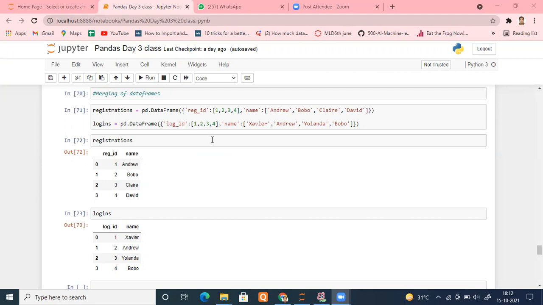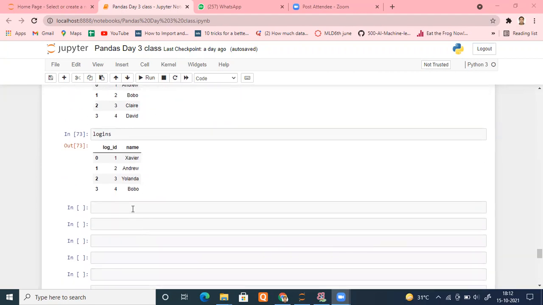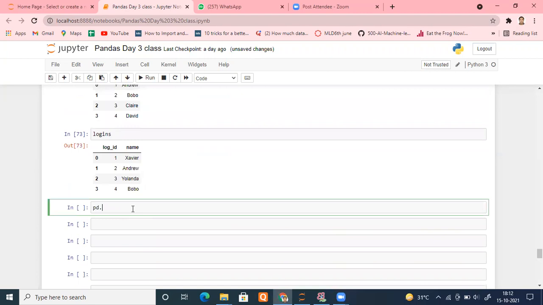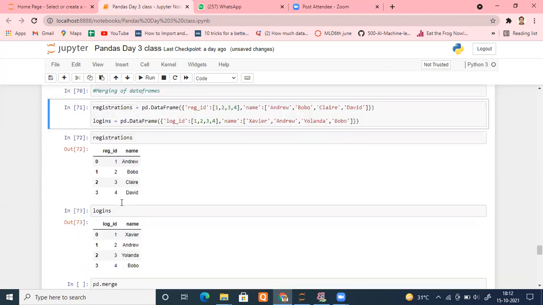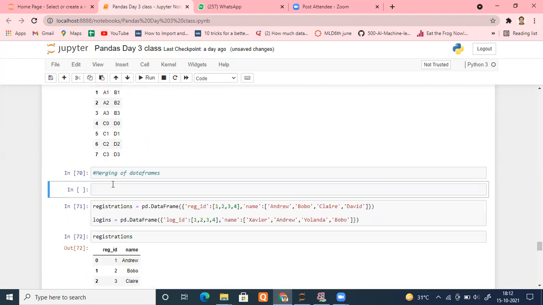I'm repeating once again: the function is pd.merge, and we can call it the merge function, because pd is just an alias. Before using that, let me import pandas as pd, because it was executed yesterday. Import pandas as pd. Perfect.